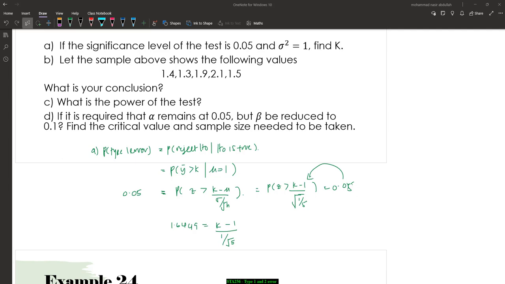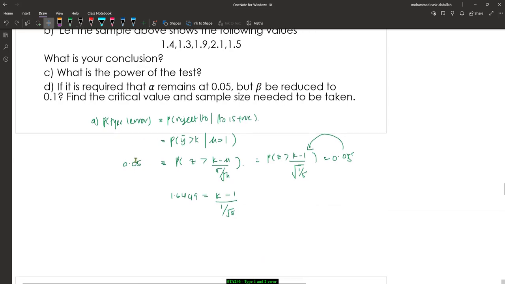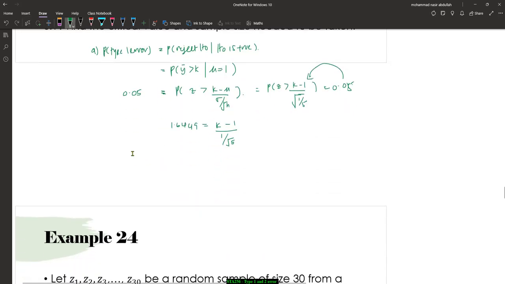Okay, so this one kita akan dapat berapa? This one senang nak cari k, kan. Alright, so kita bawa ke sana. This is multiply with square root of 5 and plus 1, so k is equal to 1.7357 lah. Okay,